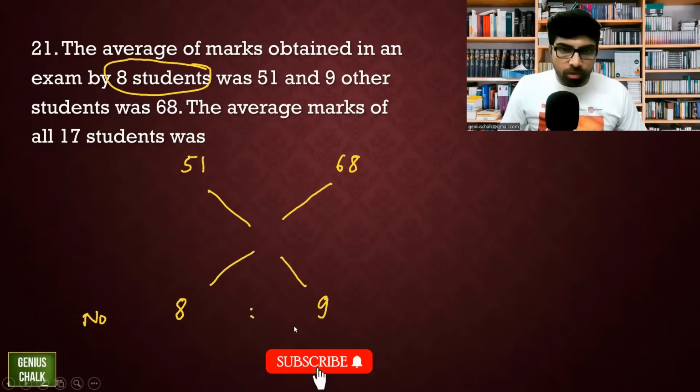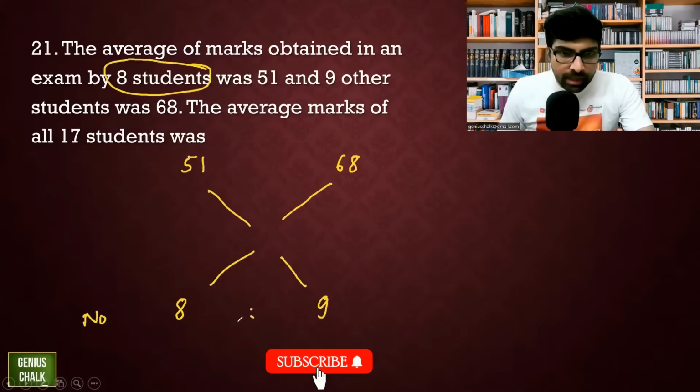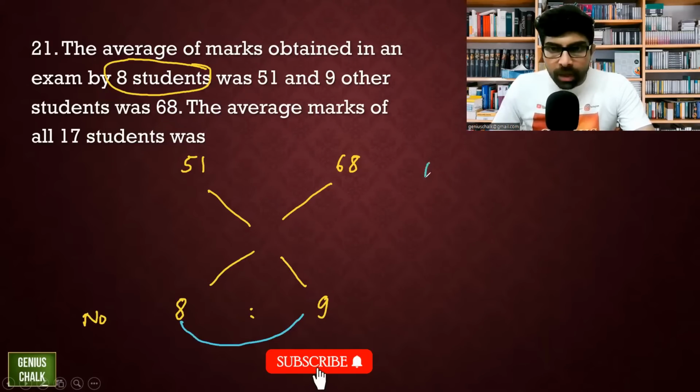This is the ratio of number of students. I need to find the combined average this time, the overall average of the 17 students. Now for this, remember this rule that whatever is the difference here, please write, very, very important. You can find this by using the combined average formula, which I have discussed, because this is nothing but